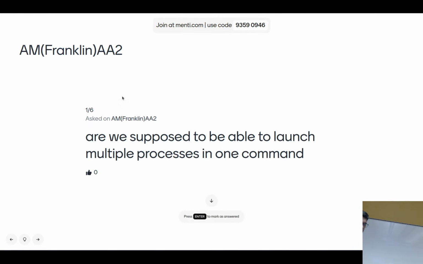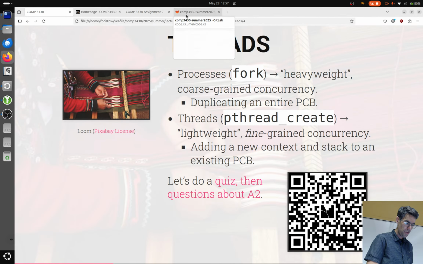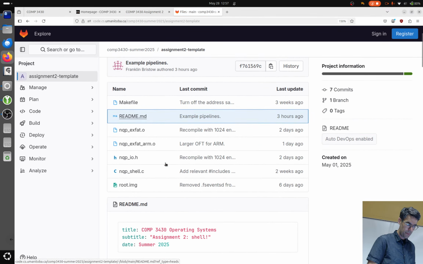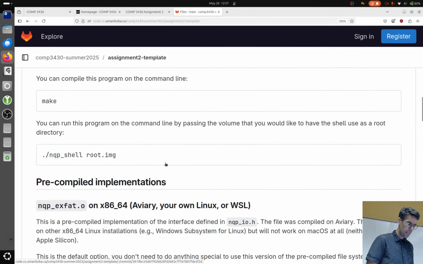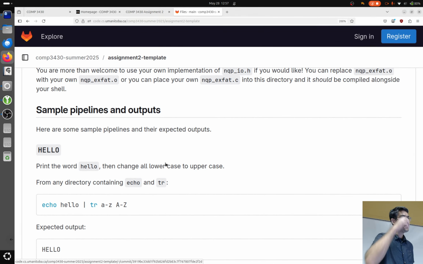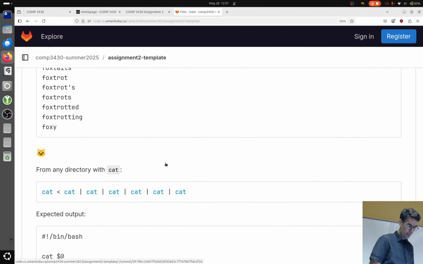Are we supposed to be able to launch multiple processes in one command? Yes. I'm going to go over here to the assignment template, and this is a good opportunity for me to say that I've added, as requested, some additional pipeline examples. I added them to the README for the assignment template directory. The one that I'm going to point at specifically is the one called cat2